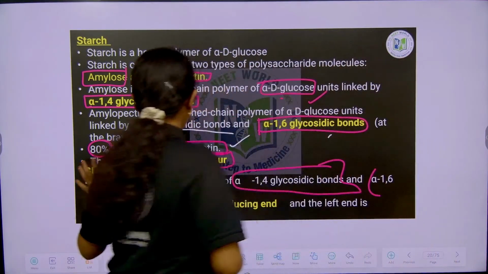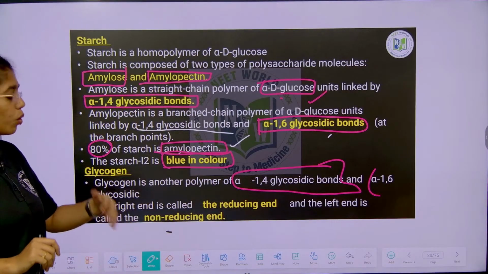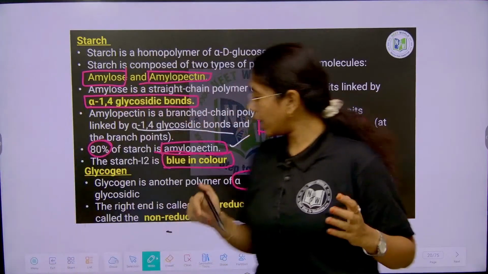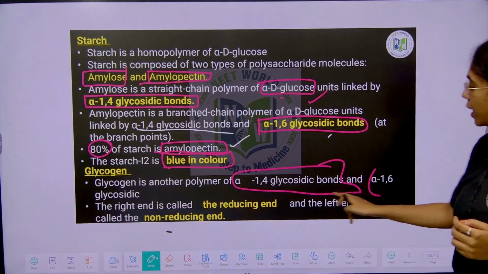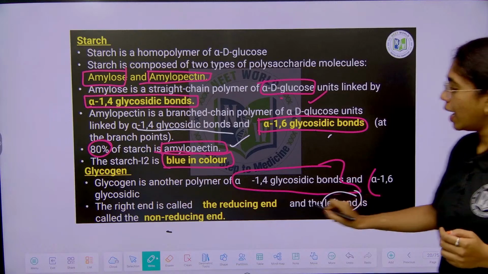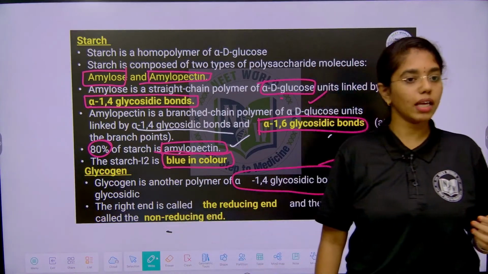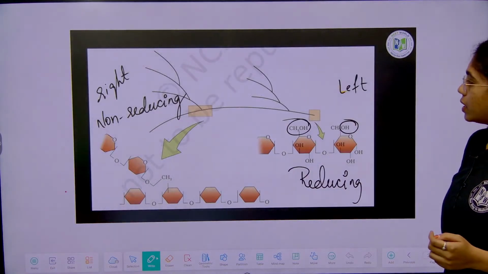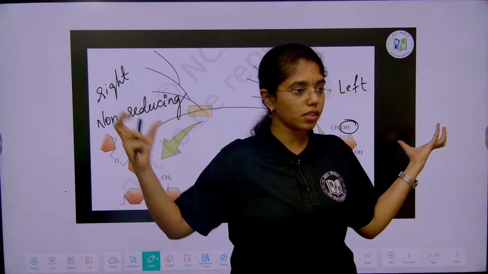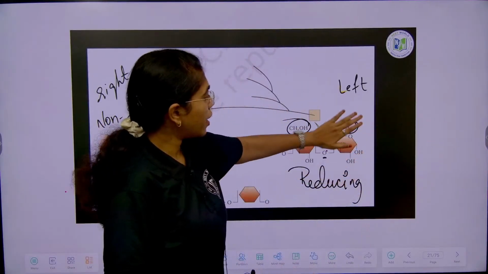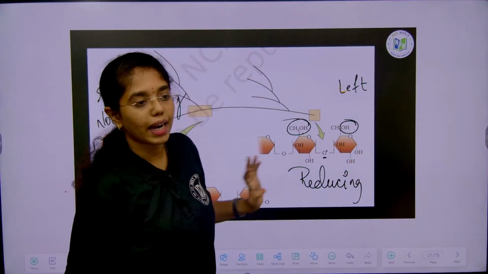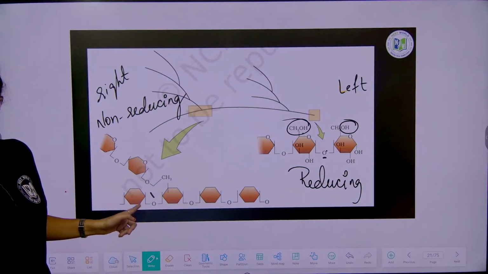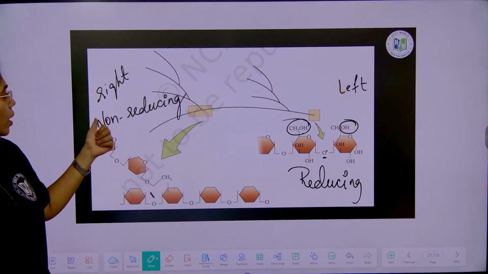And then glycogen, it has both reducing and non-reducing ends. We have learnt it with the diagram. Reducing end is towards which side? Left end. Left end is reducing end and right end is non-reducing end. In this diagram, here you can see this is left end, this is right end. Left end is reducing end because it has free aldehyde groups. Right end, it doesn't have any free bonds, it is already connected, so it is what? Non-reducing end,